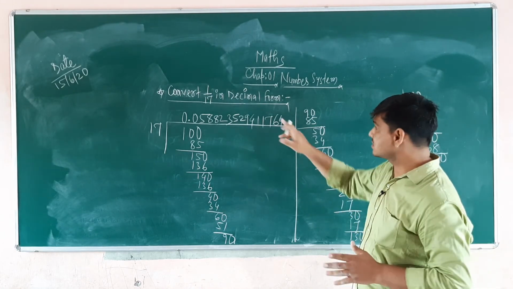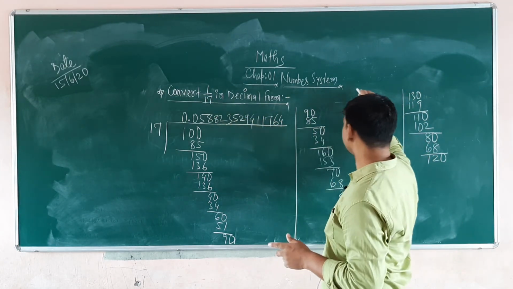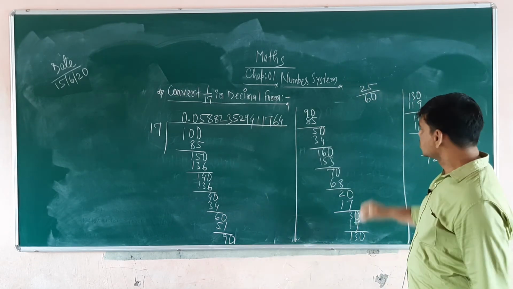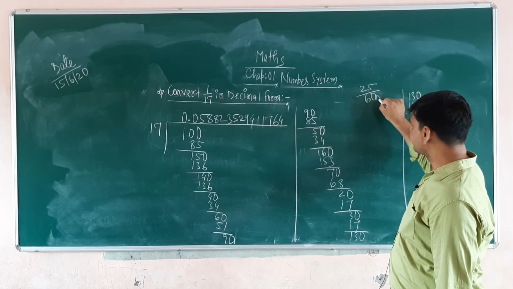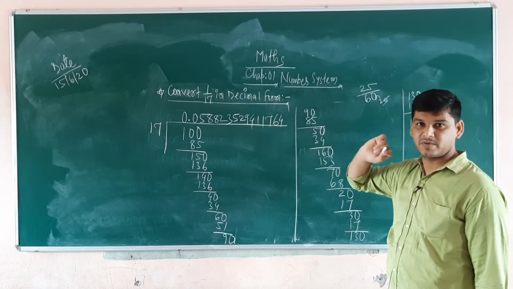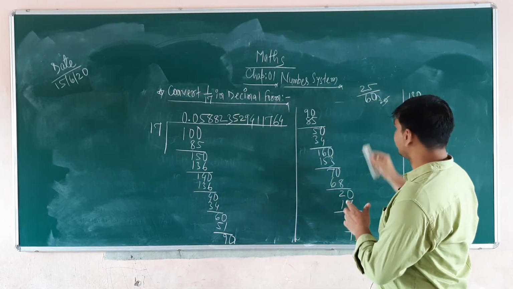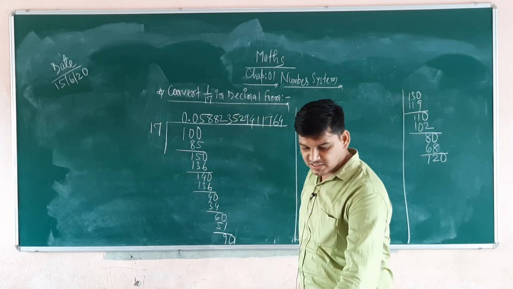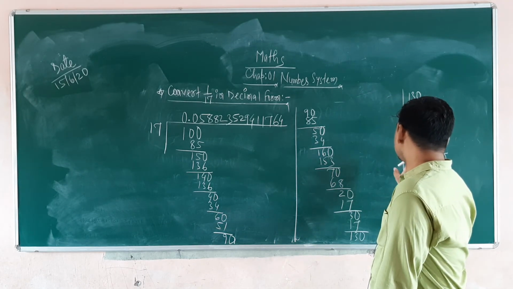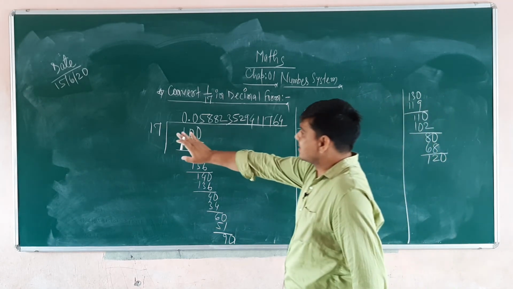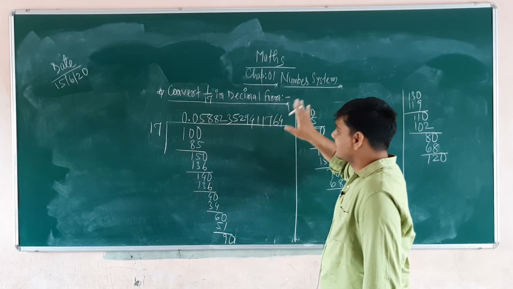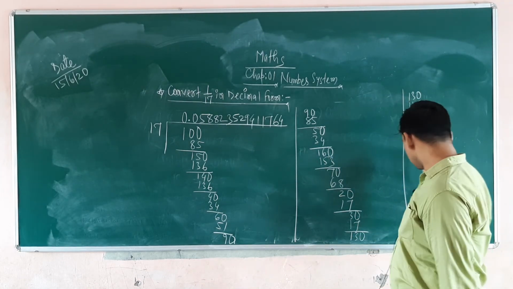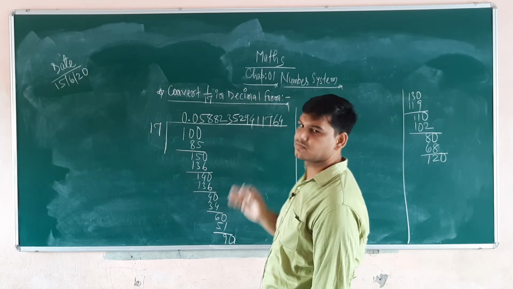But if the fraction value is available with a denominator in the form of 2 or 5, for example 25 by 60, if the denominator's factors are 2 or 5, it can be easily converted in the form of decimal. But if 2 or 5 is not in the denominator, you have to apply the long division method. By division of 1 by 17, you get the approximate value of 0.058823529411764. Later on you can move ahead with the division process to get whatever further outcome is possible.